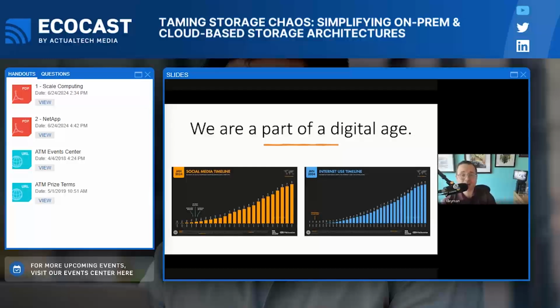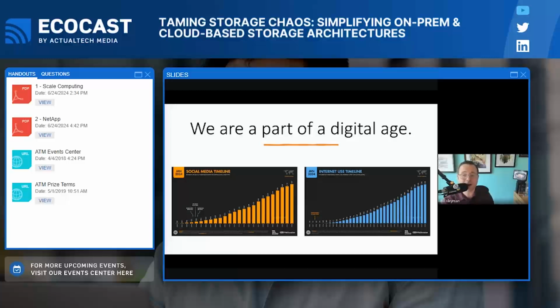Now, social media use timeline, if you take a look all the way to the left on that one, the orange timeline, that's where Facebook came out, and actually MySpace. Now, I am what's known as a geriatric millennial. I don't know why they need to do that. Just call me an older millennial. But I remember MySpace, and take a look at just how far we've come over those years. And internet use timeline, oh my gosh, take a look at just how much we are using the internet every single day. And that line all the way to the left, back in the early 90s, was the release of the very first web page.